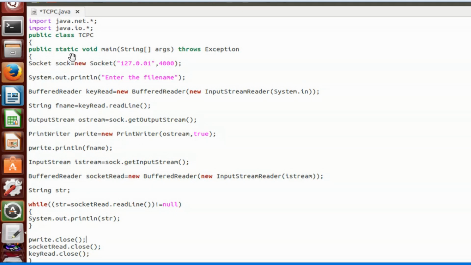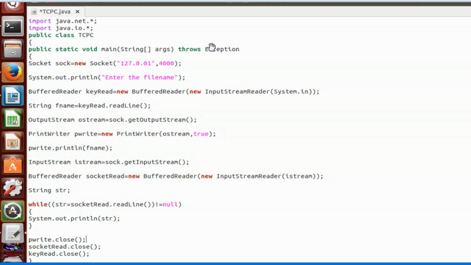Next I am starting the public static void main, String args, throws Exception. Here I am starting the main, and again this is throwing the exception. We have seen that, right? What does throws Exception mean along with the void main? It means the main method is not catching any exception.